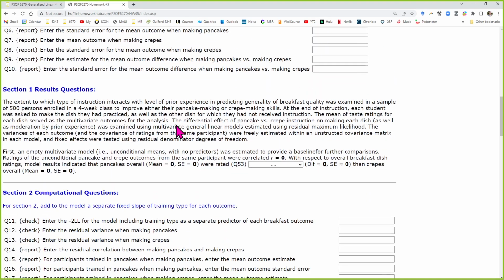Does anyone want to ask about any of this? Talk about coding, parameterization, any of that? If you do ask for help, in this case, I would need to see how you set up your variables, because there's different ways to do the coding that would result in different parameter estimates, which number you're stuck on, and the method you're using to get that analysis. I can always run your data and see what, and I have the database saved, of course. But in this case, it'll be helpful for me to see all the pieces in order to help you troubleshoot.